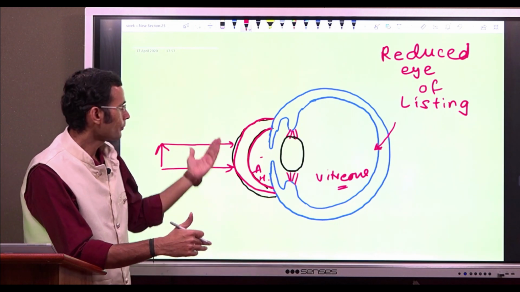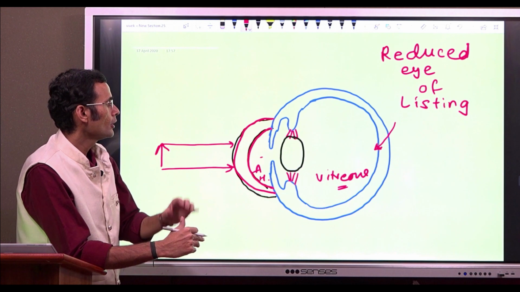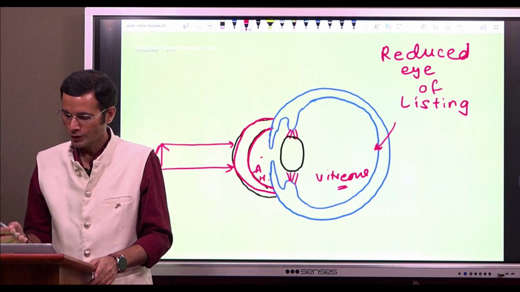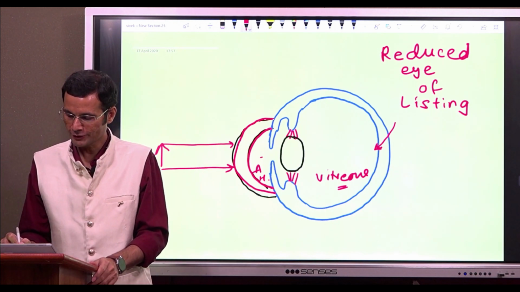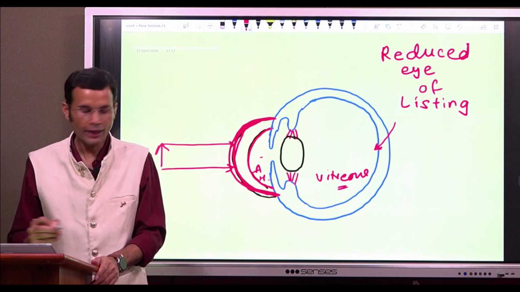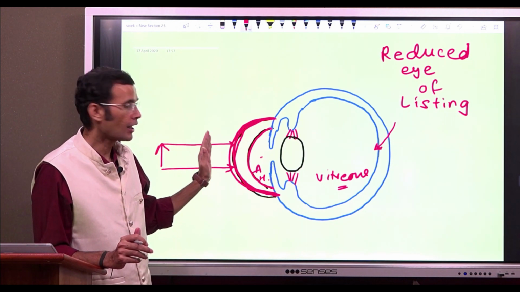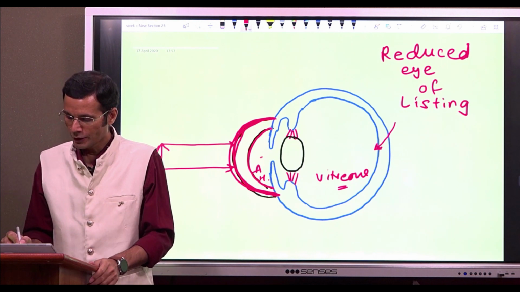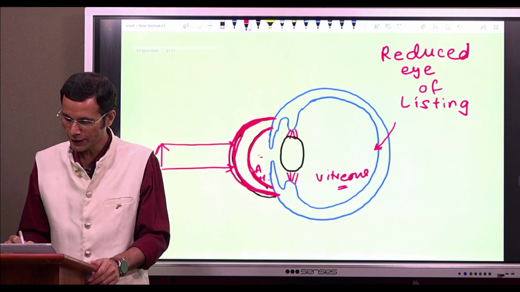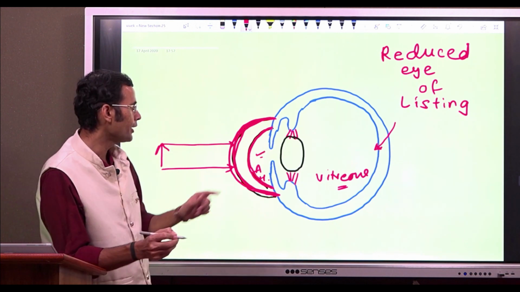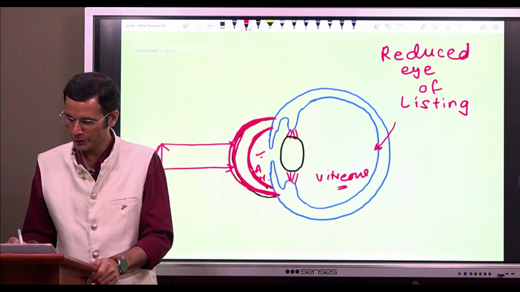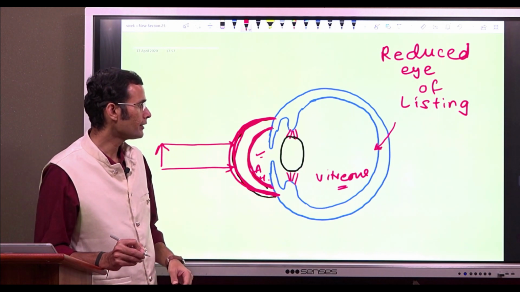So, in the case of the eye, refraction will occur at four different places. What are those places? Look, first is the anterior surface of the cornea, because light rays were traveling from the air, now they are entering the cornea. Next, they will leave the cornea from the posterior surface and they will enter the aqueous humor. So, again change of medium. So, at the posterior surface of the cornea, again there will be refraction of the light rays.